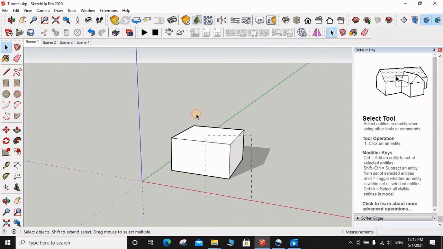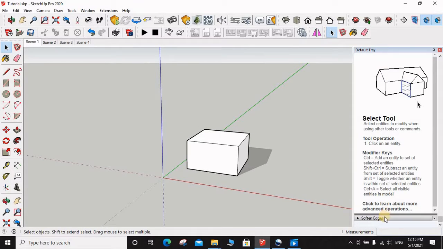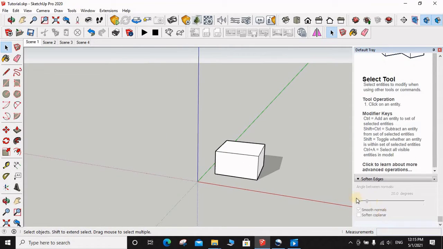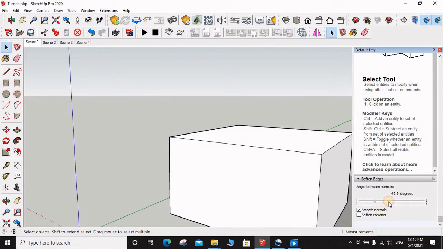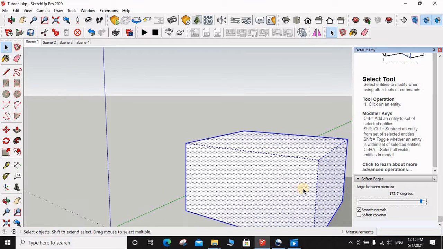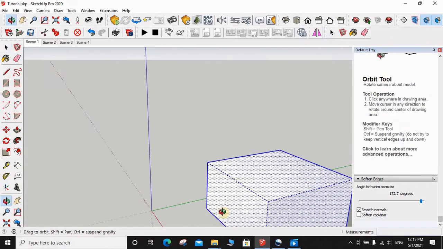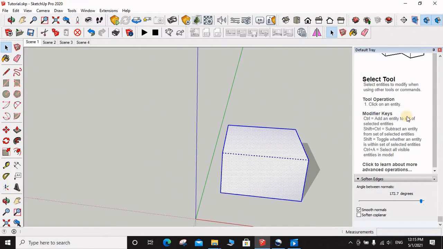But when you go from bottom to top, every component which you select will be blue. Okay. Other options or instructions are also given here. You can also simply go there and look for that. And you can also soften the edges, like selecting it and softening the edges, like this geometrical figure which is quite sharp. Yeah, you can soften it like this. It is now softened. The total work of the default tray is this much.